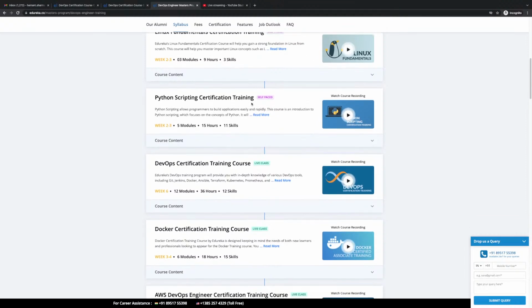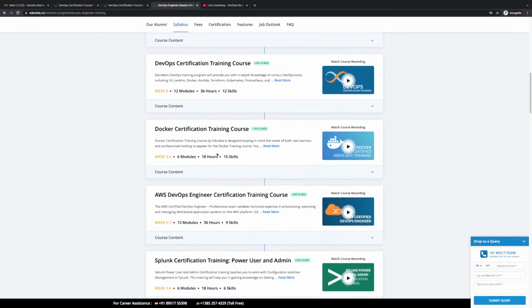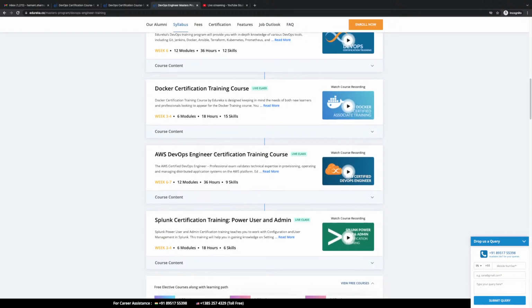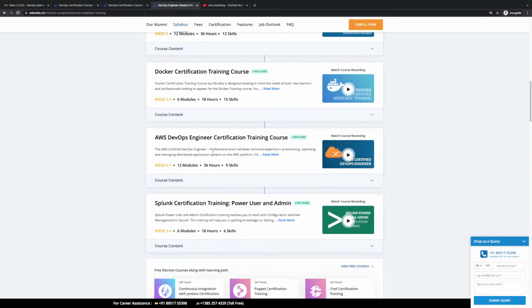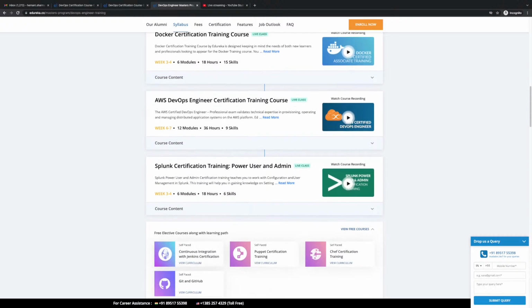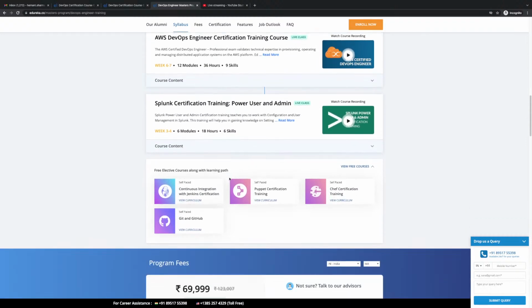We also teach you Docker as a separate course. We also teach you AWS DevOps as a cloud technology, and we also teach you Splunk, which is a monitoring tool, right? Apart from this, we also give you elective courses like Jenkins, Puppet, Chef, Git and GitHub, which you can also go through.